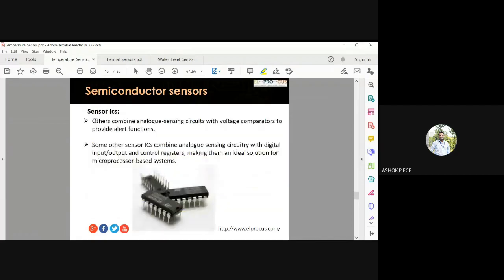Others combine analog sensing to provide an alert function. So analog sensing is also there, digital sensing is also there. Both have their own pros and cons. We cannot say whether the analog system is good or the digital system is good. No. It depends on what application and how quickly we are going to measure the temperature. So these are the